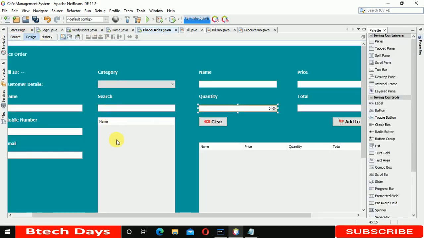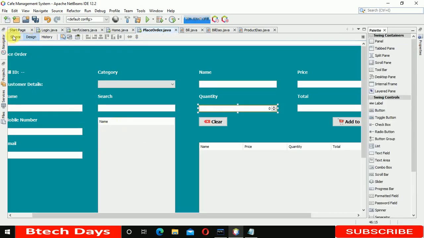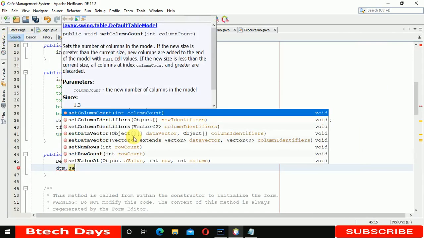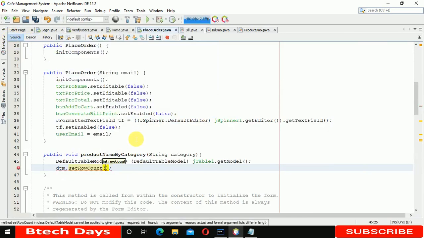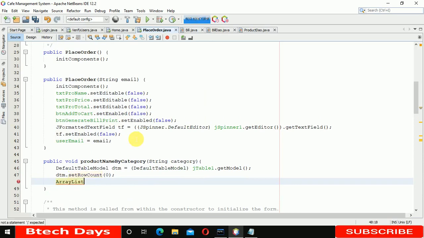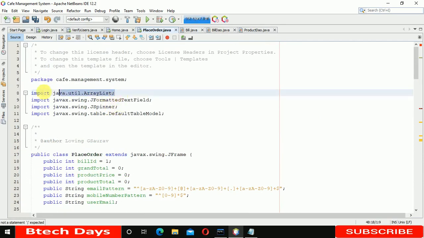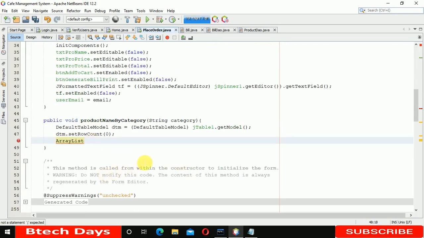Whenever that method is called, these two lines mean we are removing all the records from this table, and the set row count should be 0. After this we are going to get some values from an array. It should import ArrayList, and you can see we imported the ArrayList, and it imports from the util package, and add a list, and it should be of product type actually. So product